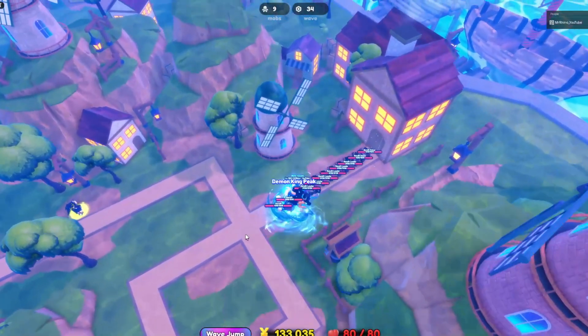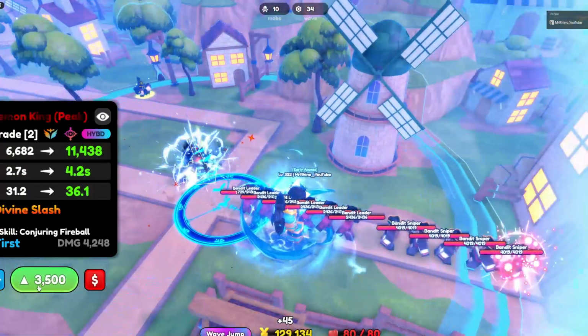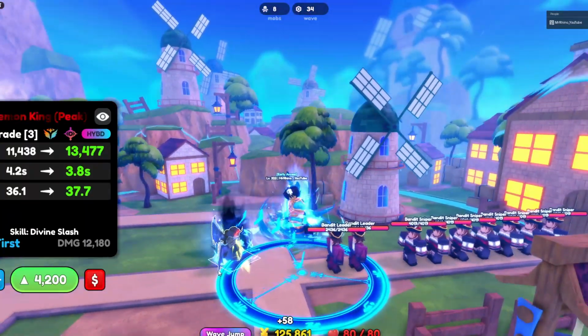Okay, next one is Demon King Peak. Demon King is still one of the best supports in this Anime Defenders Update 6. Demon King stats at max upgrade and max LR: